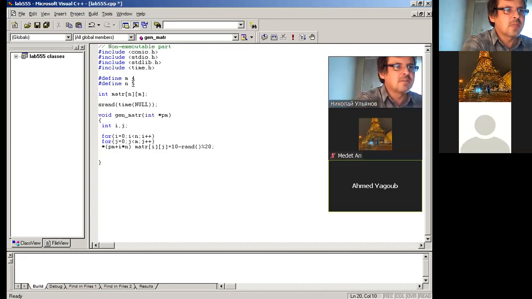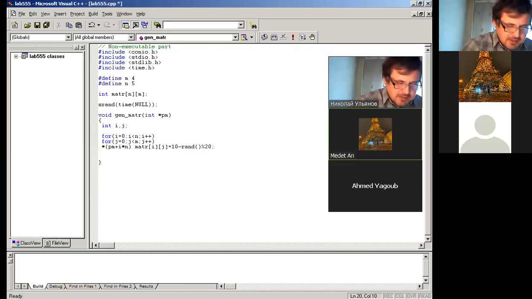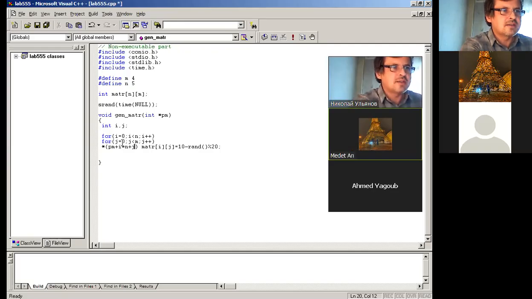For example, if now I is 0, then I times N is 0, so now we are in the first PM place. And after this, plus J. If J is 0 and I is 0, we are at the beginning of the matrix, at the PM place in memory. If J is 1,